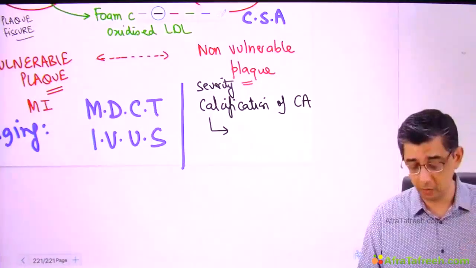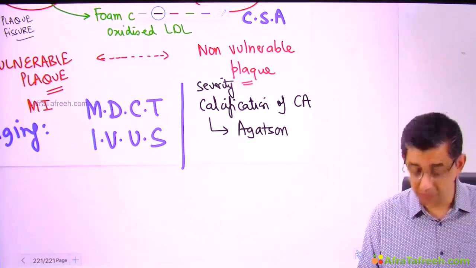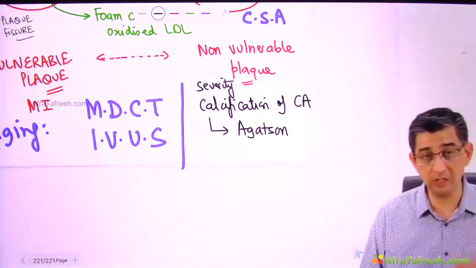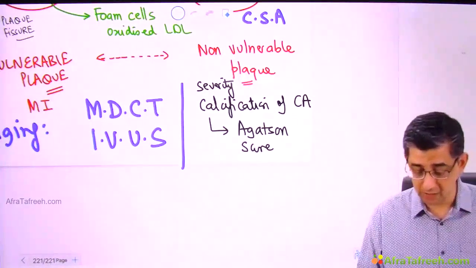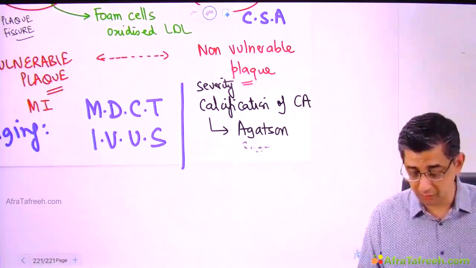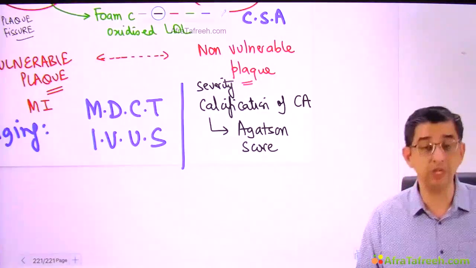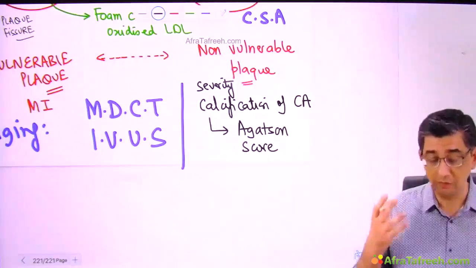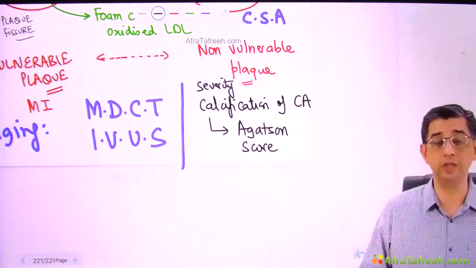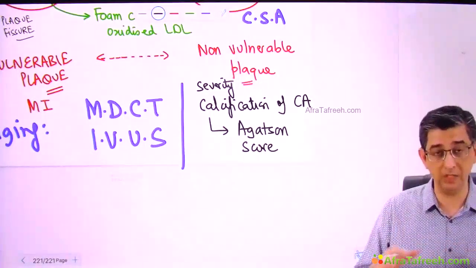But what I'm trying to teach you is regarding a score which has been asked in the exam. This is discussed even in radiology sometimes by radiologists as well. That is the Agatston score. In fact, the question in the exam was: Agatston score is useful for evaluation of? So usually you read about various kinds of scores in surgery, but today I'm teaching you a score in medicine called the Agatston score. Well, what is it used for? It is used to determine the severity of calcification of the coronary artery on a long-term basis.